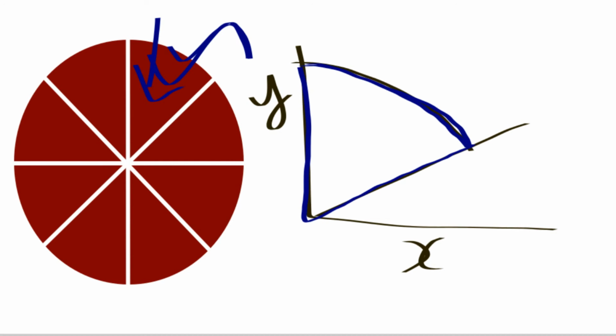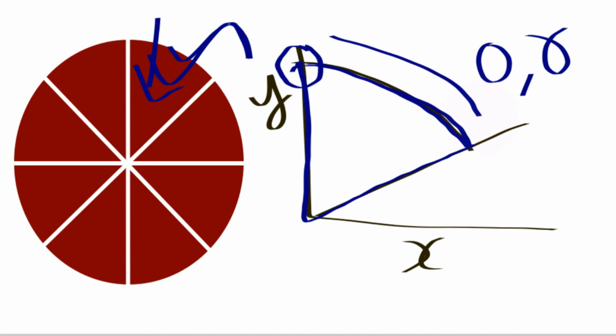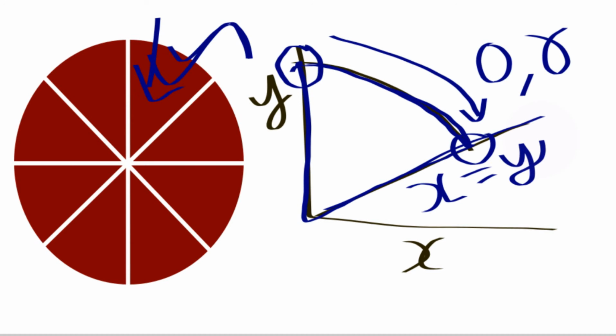Now we need to understand that the starting point is 0 comma r, the radius. For a circle, we have a radius and a center point. So we draw this octant starting from this point till it reaches this point. What does this line mean? This line is where x is equal to y. So when such a condition is met, when x is equal to y, or in computation we just say when x is